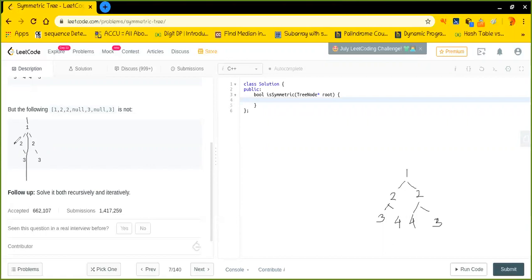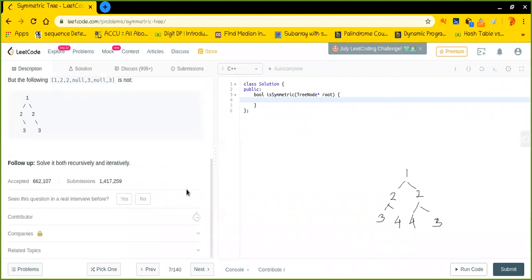Anyway, when I see two on the left of one, I should be able to see two on the right of one, exactly, right? Similarly, if I see 3 on the right of 2, I should be able to see 3 on the left of 2 on the right side, right? But this is not the case. So I will simply conclude that, okay, this is not a symmetric tree.